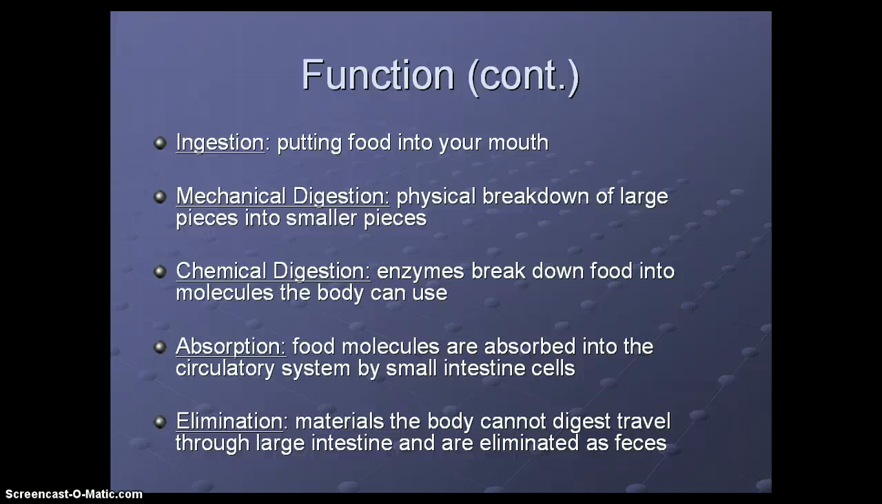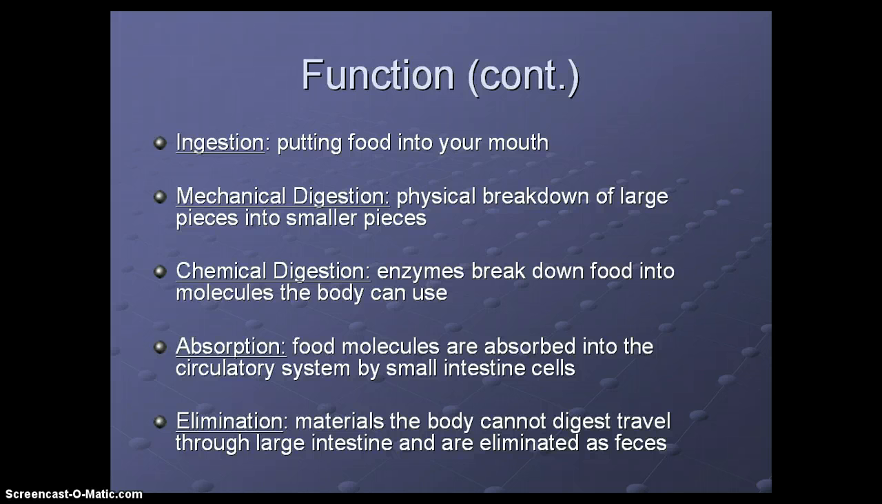Digestion can be broken into two categories: mechanical digestion versus chemical digestion. Mechanical digestion is the physical breakdown of large pieces into smaller pieces, so basically chewing. Chemical digestion is when enzymes break down food into molecules that the body can use. So breaking down the smaller pieces that we chewed, breaking those down even further into smaller molecules and particles that our body can use and can be absorbed,